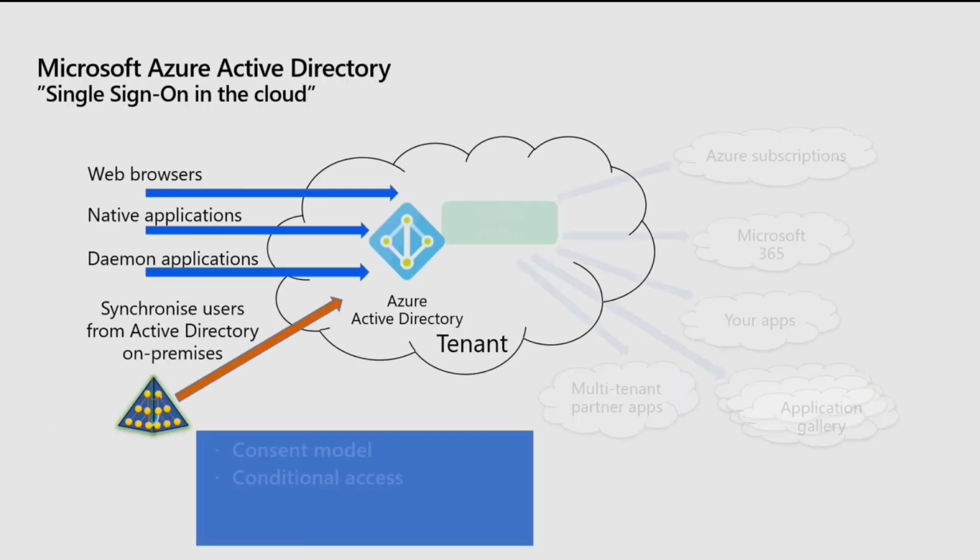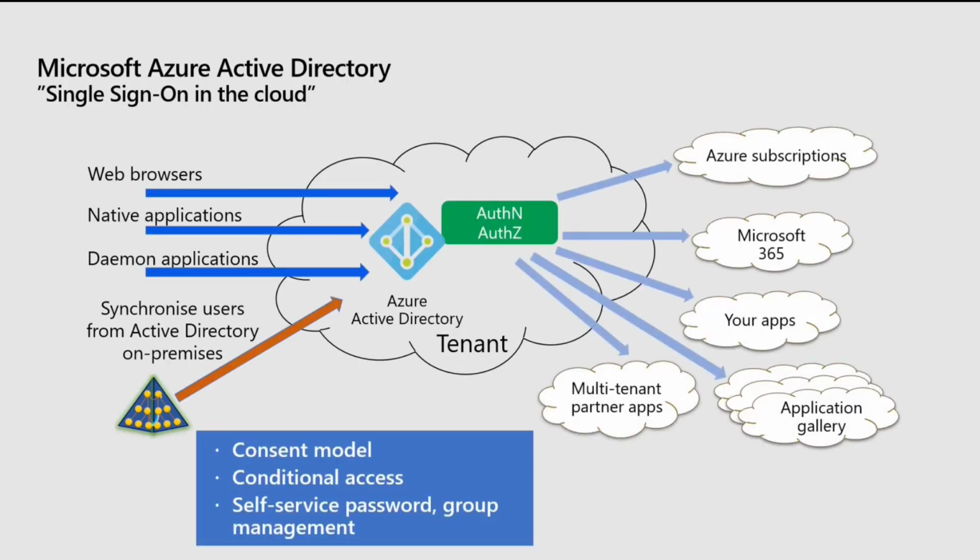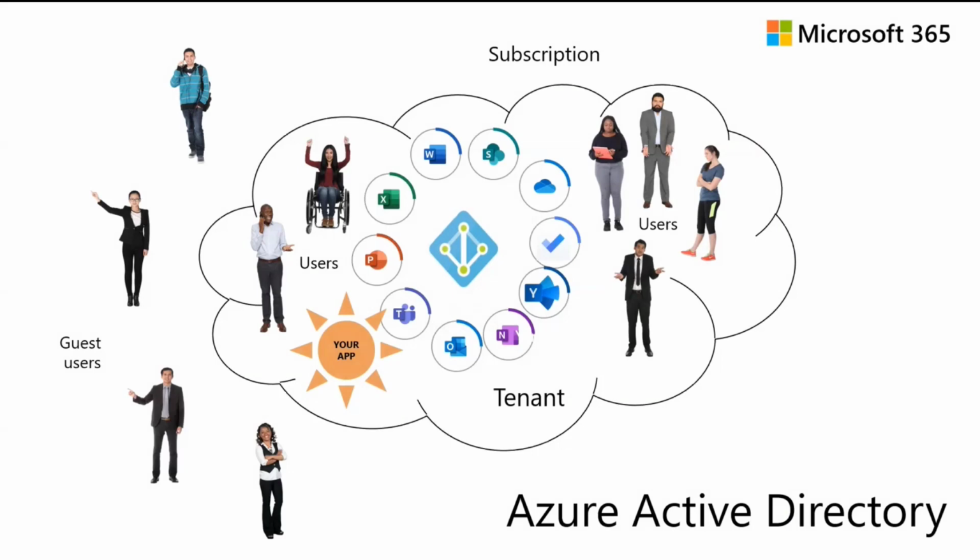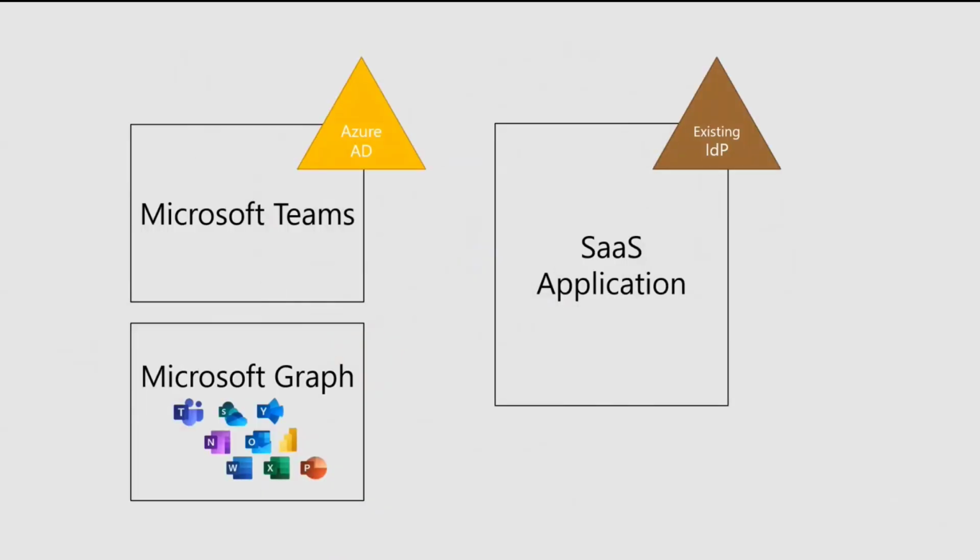So with that in mind, we've got limited time. I'm not going to go too deeply into it except to say that Azure AD is at the core of Microsoft 365 and Microsoft Teams. An M365 tenant matches one-to-one with an Azure AD instance. And then all the users and guest users and the app itself are all registered inside of Azure AD. However, when you have a scenario like the one I just showed, you end up with kind of two islands. So Teams, Graph, all the data behind Graph.